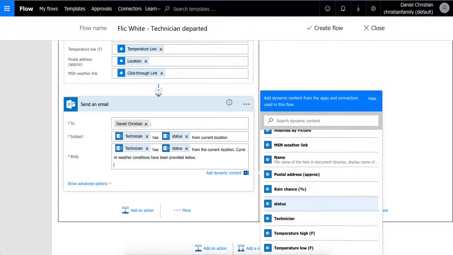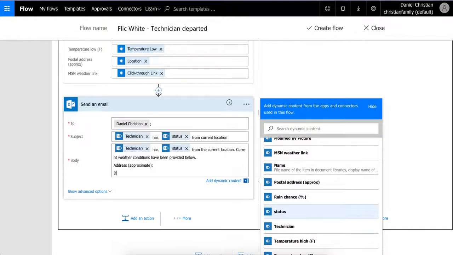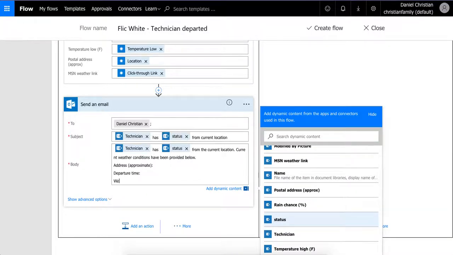Same thing, I'm going to type in the address, approximate the departure time, weather conditions,